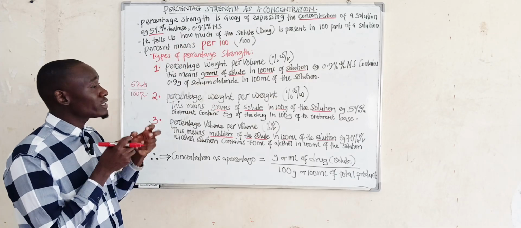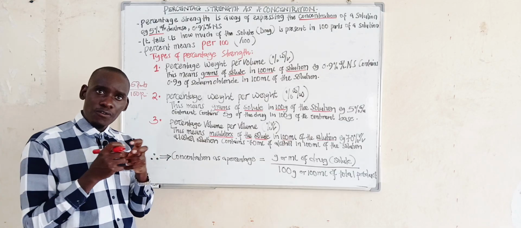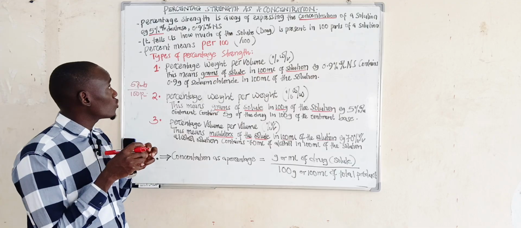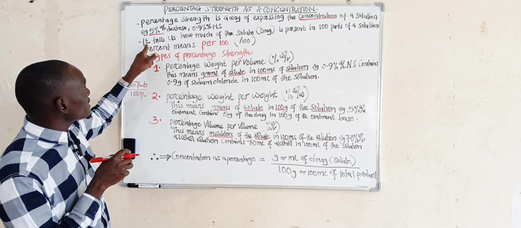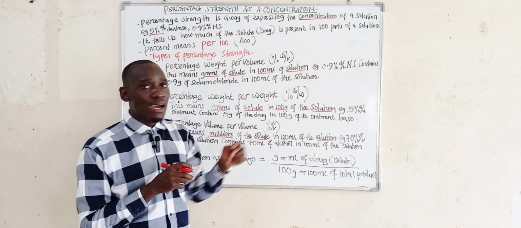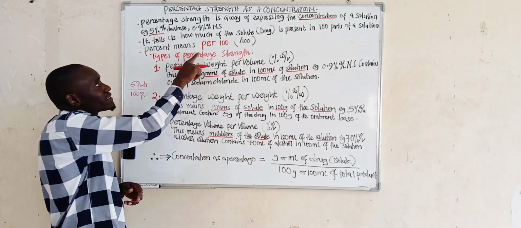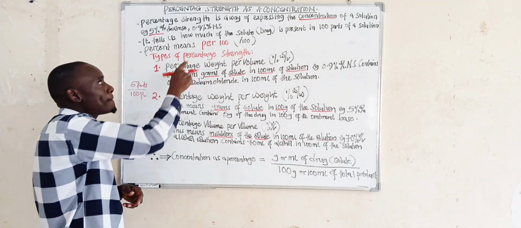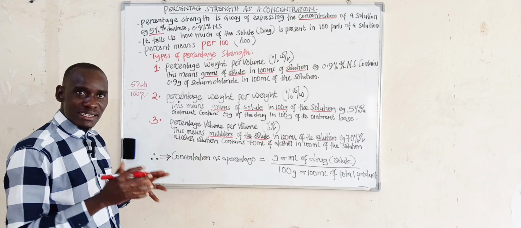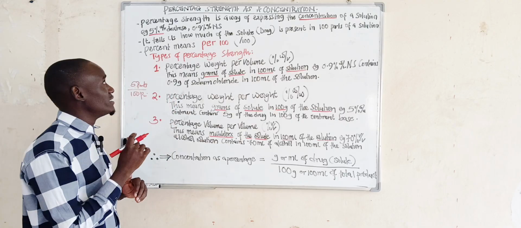Similarly, when we say 0.9% weight in volume, we mean 0.9 parts of sodium chloride in 100 ml of that solution. So, percentage strength simply tells us how much of the solute or drug is present in 100 parts of the solution. Just like we are all aware that percent means per 100. Every time we talk about percent or percentage strength, what should come to our minds is per 100. For example,